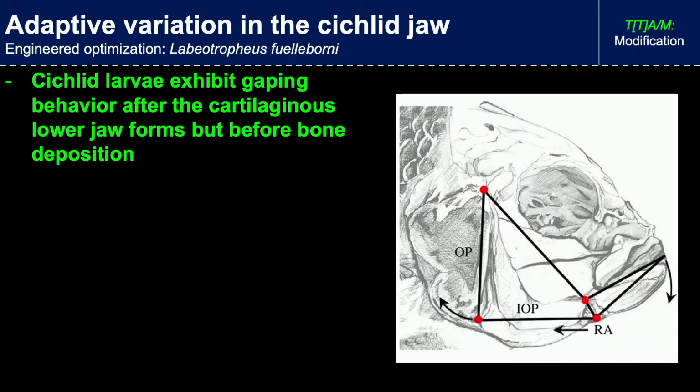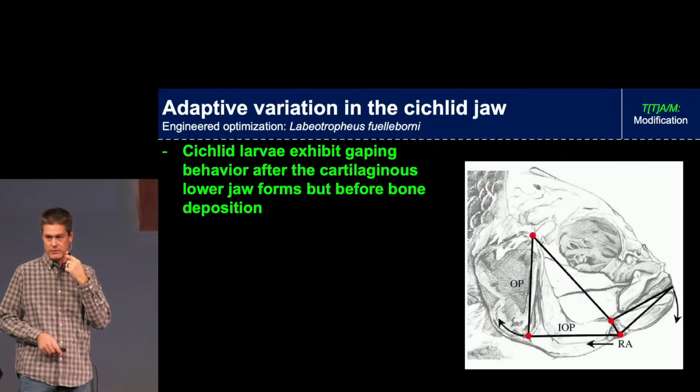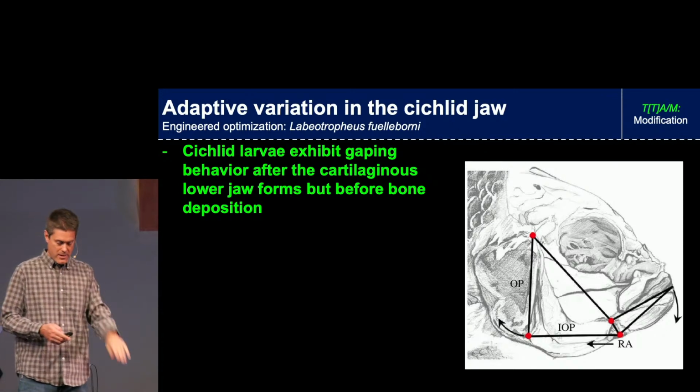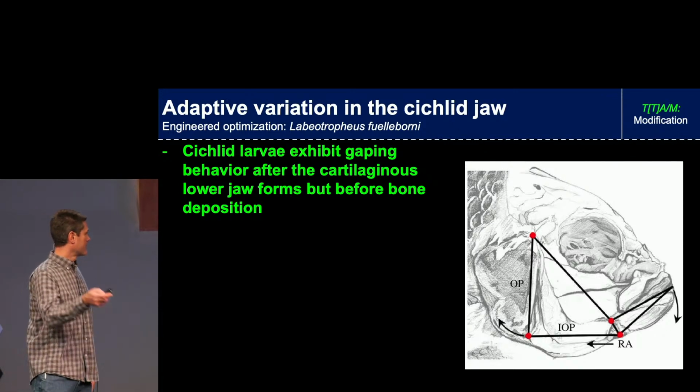And this behavior starts before there's bone there, just cartilage. So as larvae, they come out of the eggs, they're larvae. They have cartilage here, but not bone yet. The bone starts to deposit. During this process, they're opening and closing their mouths. They're gaping. And what's been discovered is pretty amazing,